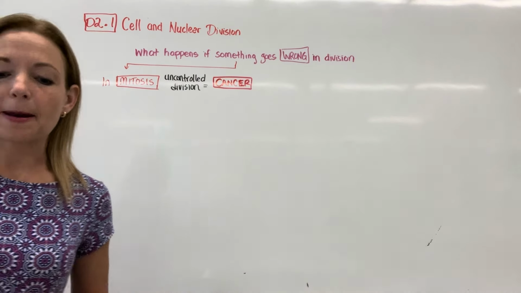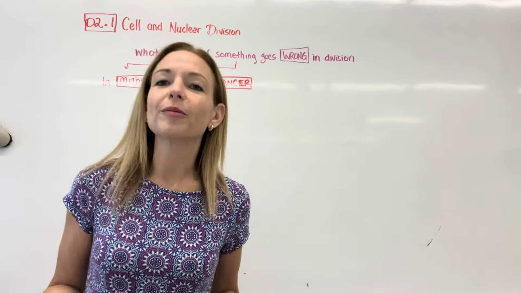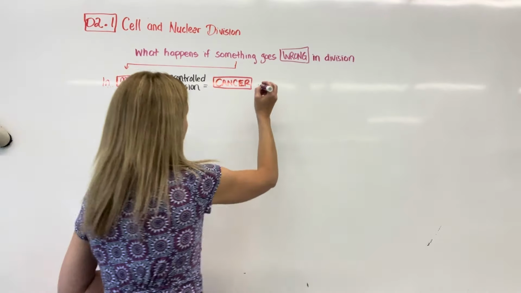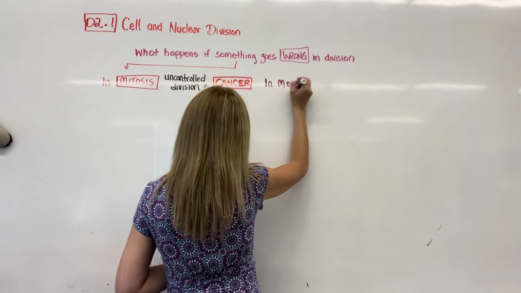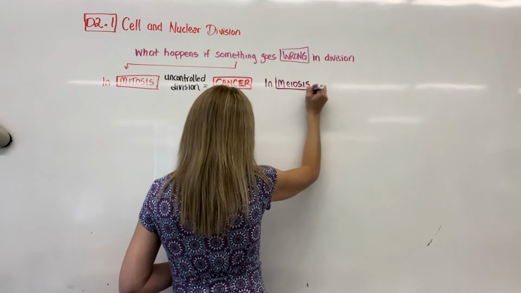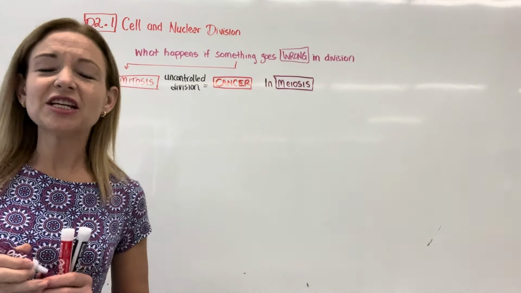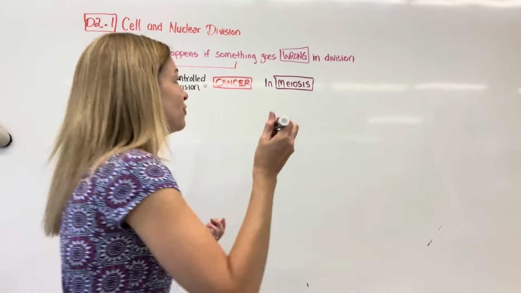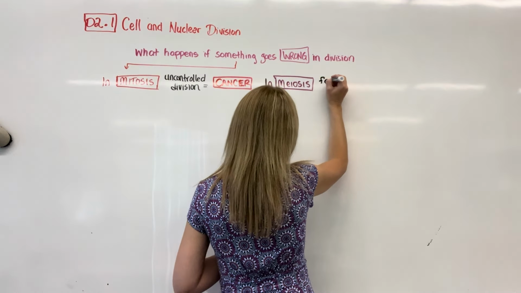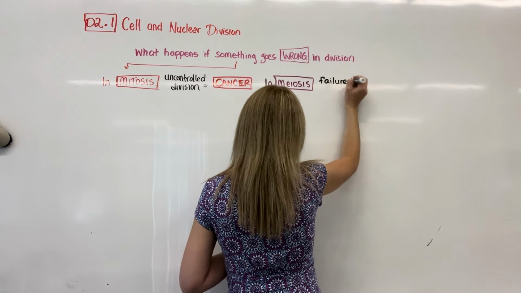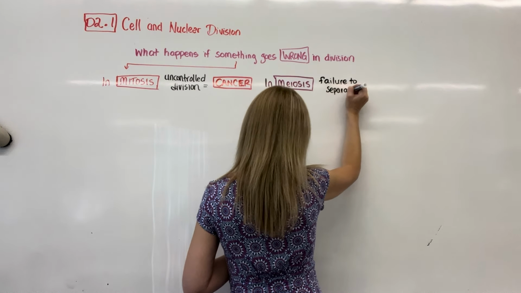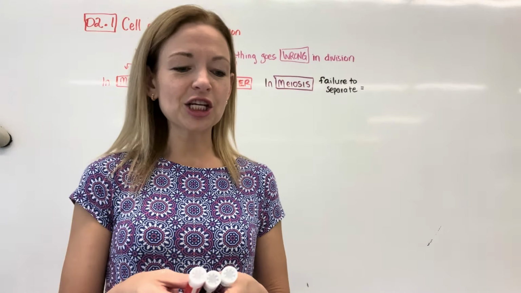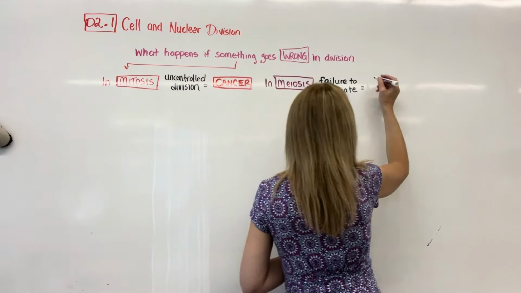If the problem happens in meiosis, it generally isn't going to form cancer, it is going to instead form faulty gametes. So in meiosis, the problem we're looking at is not too much division, but a problem with the dividing. So failure to separate. Things do not separate correctly. So there's a failure to separate either the homologous chromosomes or the sister chromatids. Some sort of incorrect separation, and the result of that is non-disjunction.